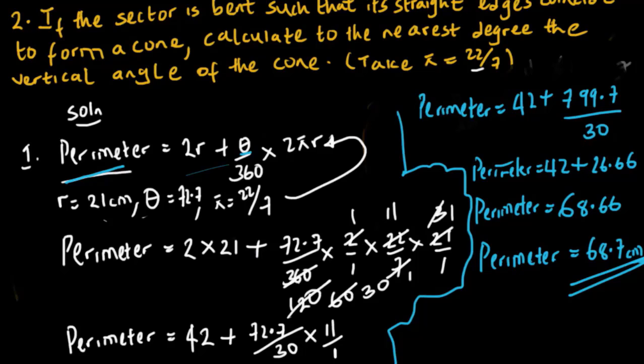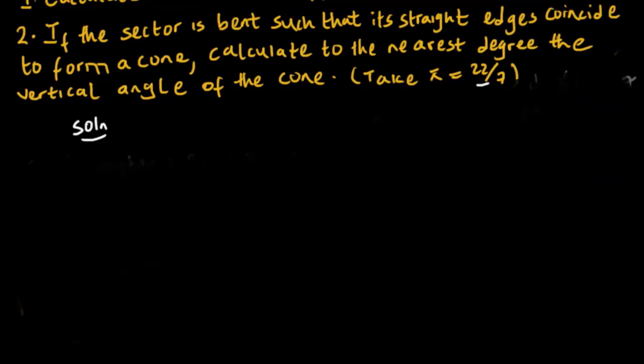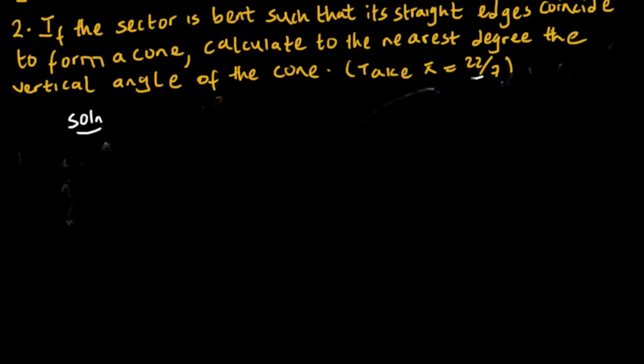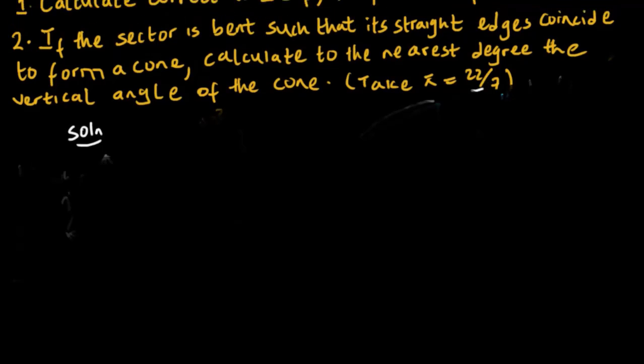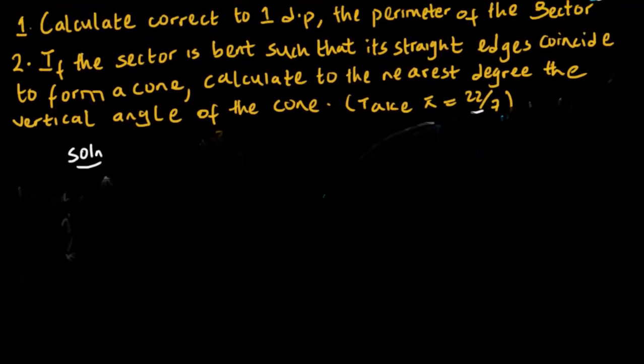Now let's do number 2. So for number 2, we have: if the sector is bent such that its straight edges coincide to form a cone, calculate to the nearest degree the vertical angle of the cone. So that we can better understand this, let's try to represent this in a diagram. So remember, if we have the sector,